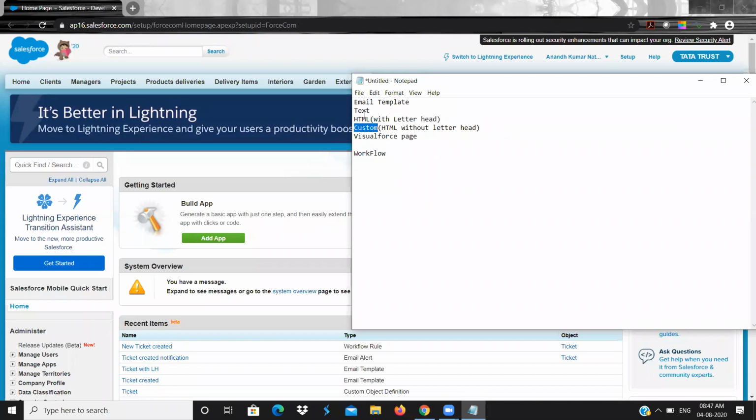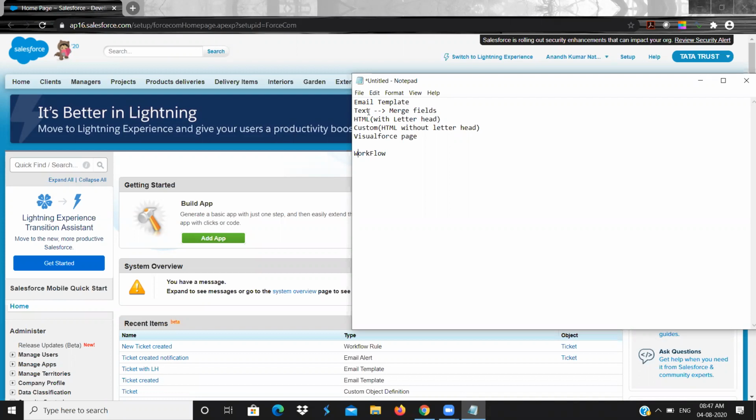Okay, so here what are the things you should know is, first, when you're creating an email template, you need to put it in a public folder. If you are putting it in a private folder, then others cannot access it and it will be a problem. So always put it in a public folder, or create a folder, give public access, and put your email templates there. After that, you need to use the merge fields properly. Last class we saw how to use the merge fields, right?